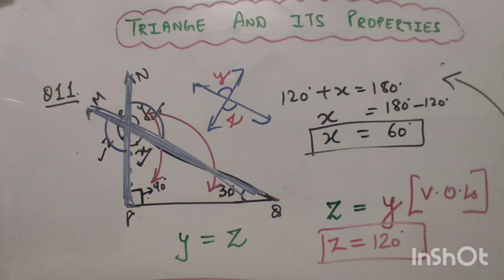Right, children? In any question, as per the given information, we can apply a number of concepts. So you have to recall all the concepts, and whichever clicks in your mind, you can apply it here, if it completely suits that particular situation. I hope you understood this and enjoyed this question, how we can use two different methods to find the same thing. You will also do the same in the further questions.